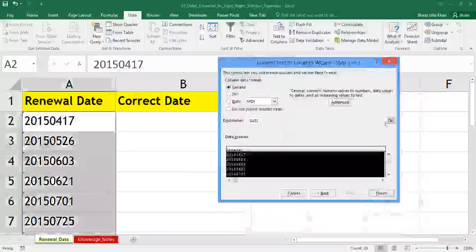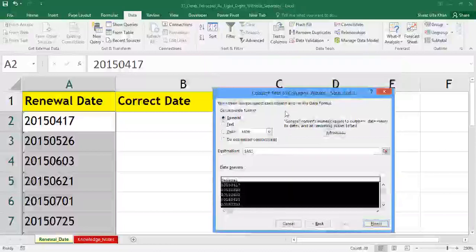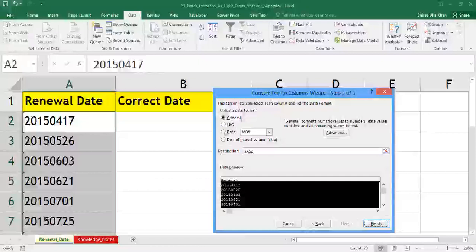Okay, now an important thing which we need to do here, people, in the third step: the second problem which we have is we want to convert this date into a proper date format. It should behave as a date. So now in this Column data format, you need to click on this radio button of Date.